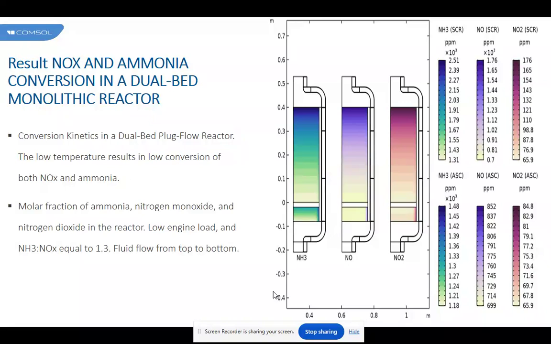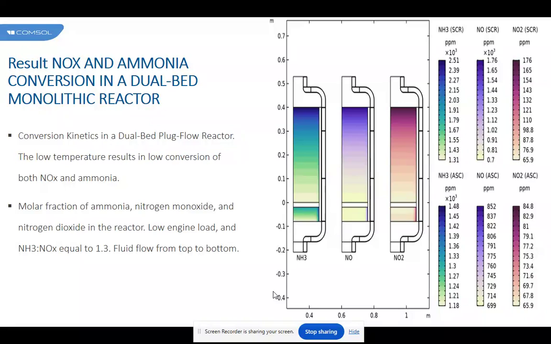Finally, the average values of ammonia and nitrous oxide molar fraction were derived both along the outlet of the first bed as well as along the outlet of the second bed. From the results in this simulation, it is clear that for an ammonia to nitrous oxide ratio of 1.3, the exhaust gases from the truck will contain the least ammonia at high load and the least nitrous oxide at intermediate load. With this model, we have shown that in order to get low exhaust levels for both ammonia and nitrous oxide,